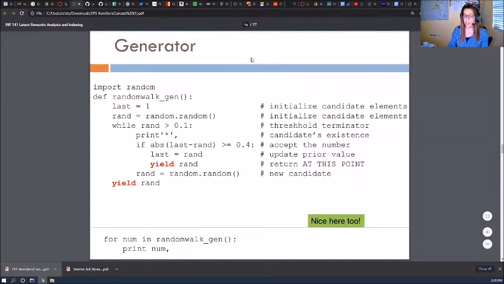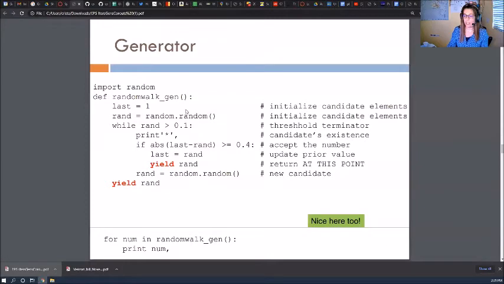So if you go back here, here's the same problem done with the Python generator. This is so much easier, so much smaller, so much simpler. Here's a random generator, the same generator. If the conditions are all true, then you yield that number. So you yield it. That means that you have a local return to the caller. But if you call the function again, then you come back here, and you are inside this loop that you haven't stopped yet. This loop is still active, and the context of the execution is remembered.